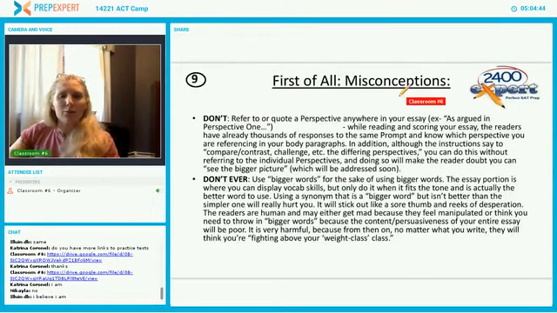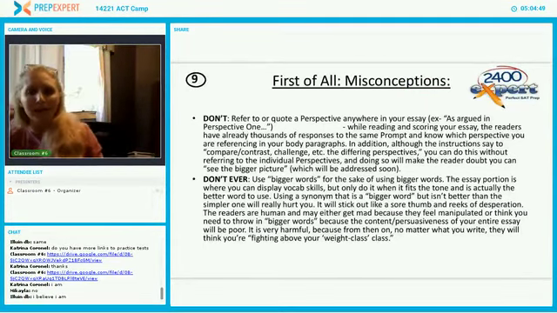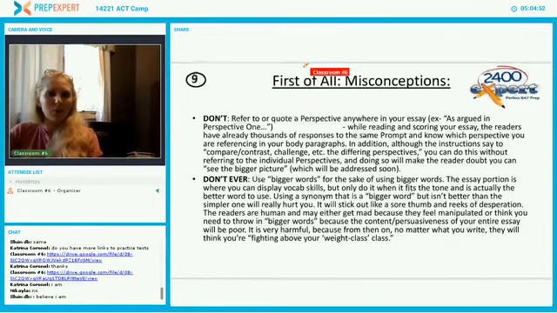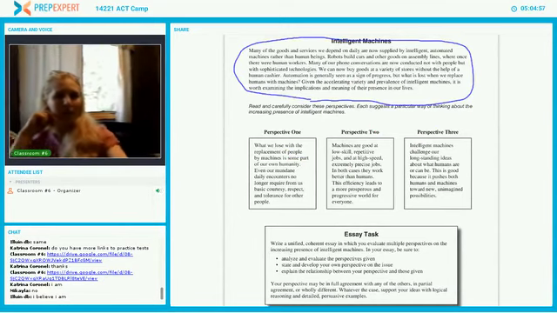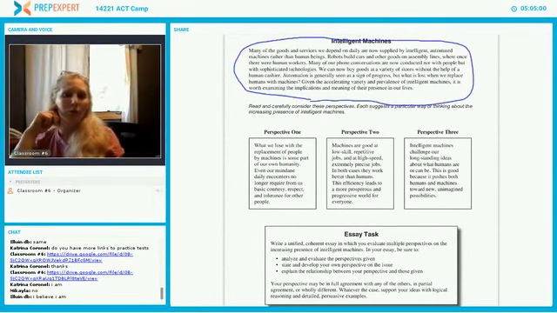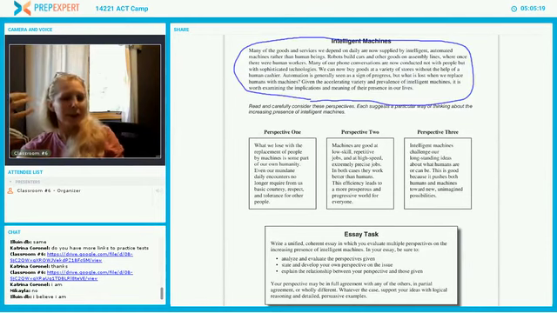So we'll go over a couple misconceptions. First, don't refer to or quote a perspective anywhere in your essay. Okay. So basically what we're saying is, yes, you want to talk about each of these, but you don't want to reference them by the name of the perspective. So if I say perspective 1 says this, or in perspective 2, they argue this, we want to avoid that because it makes your essay sound quite narrow. It makes your essay sound like you can't see beyond the fact that this is a perspective given to you in a prompt. You want to just state what the perspective said without referencing it. So say,